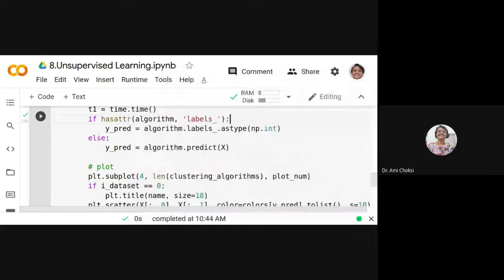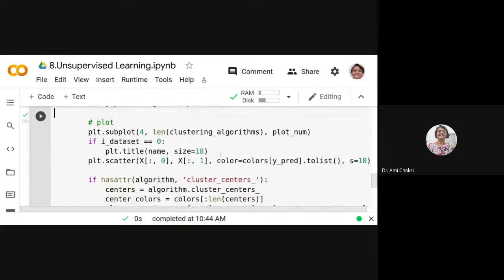What we are doing is checking whether the algorithm has the attribute labels or not. If it has the labels, then the prediction will be that particular label. If not, we use the predict method to predict. Are you getting that? All the algorithms cannot have the labels, it can be anything else. So if it has labels, we use this, otherwise we need to use the predict method. Fine.